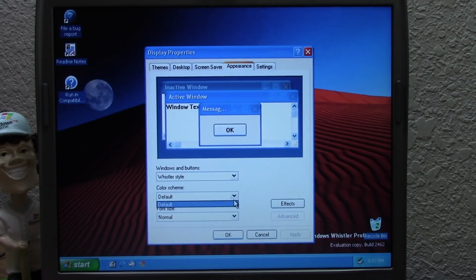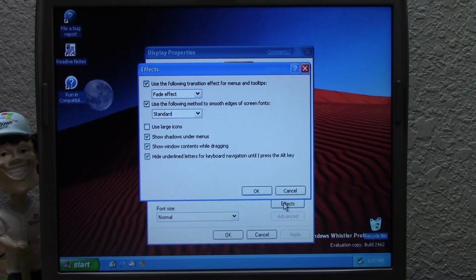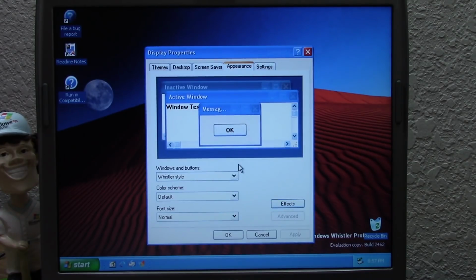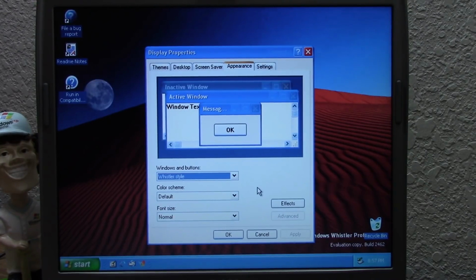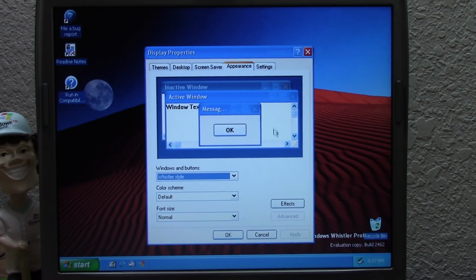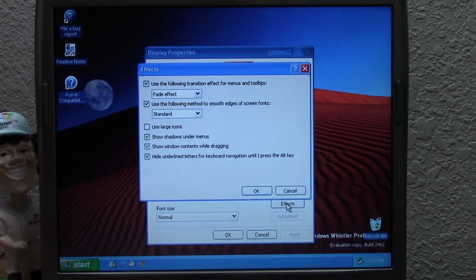So this build contains a very early version of the Luna theme, so there are no options to change the font size and the color scheme, which I kind of wanted to do. I think we're going to keep the theme as the Luna theme. We could change it to the classic theme and make all those wonderful modifications there by clicking on this advanced button, which is grayed out for the Luna theme, or just the Whistler style as it's called in this build. But I would like to keep it as the Luna theme, but I wonder if we can definitely use large